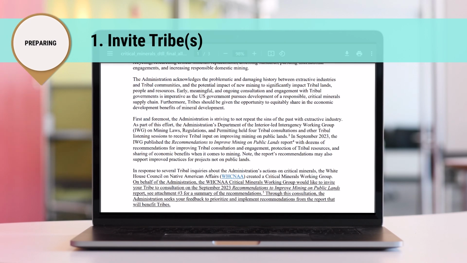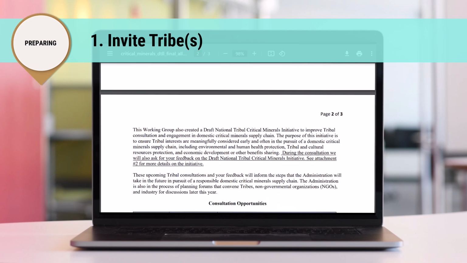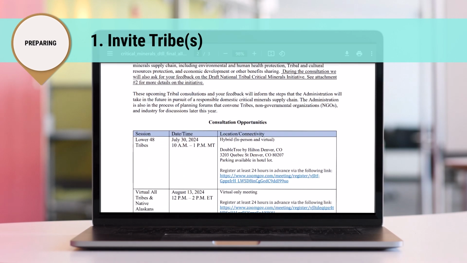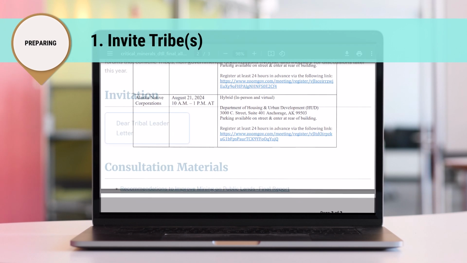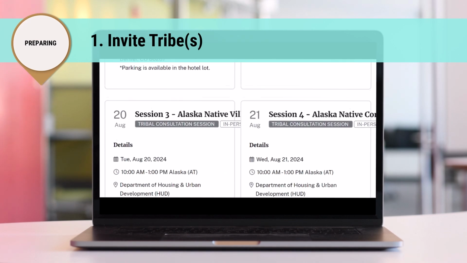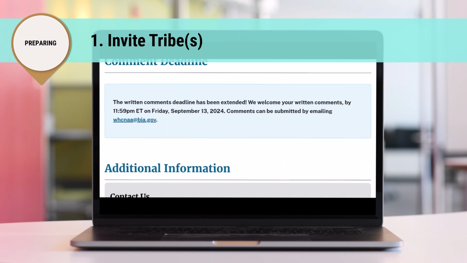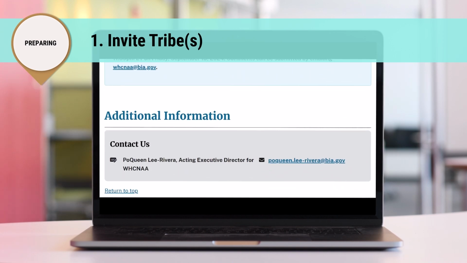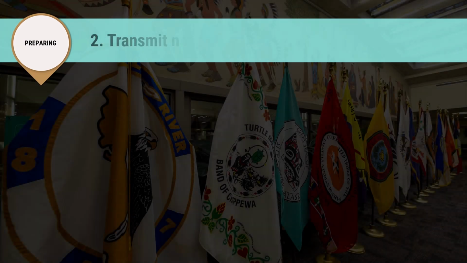The date, time, and location of the consultation, as requested by the agency or as developed in consultation with the tribe or tribes. If consulting virtually or by telephone, links to join or register in advance. An explanation of any time constraints known to the agency at that time, such as statutory deadlines. Deadlines for any written comments on the topic, and names and contact information for agency staff who can provide more information. Copies of any information and materials prepared on the subject of the consultation.